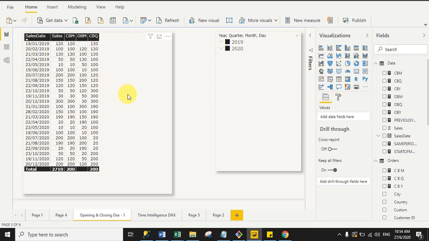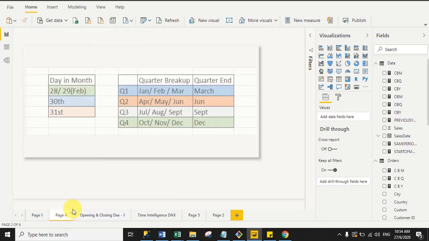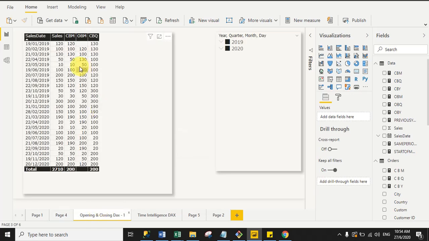Before you see the output, just have a look at this image. Quarter 1 ends with March, quarter 2 ends with June, quarter 3 ends with September, and quarter 4 ends with December. Now back to the practical file. If you notice here, in January the last day sale is on 19 January, in February the last day sale is on 20th February, and in March the last day sale is on 21 March.